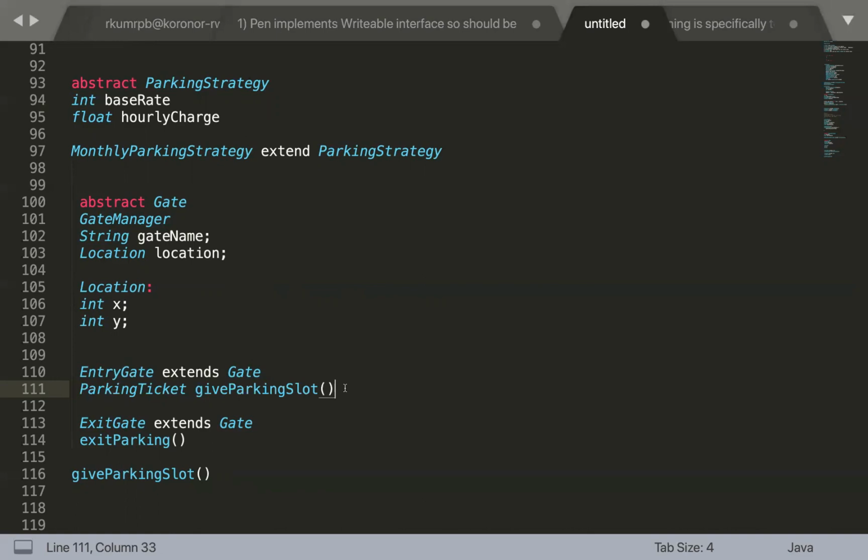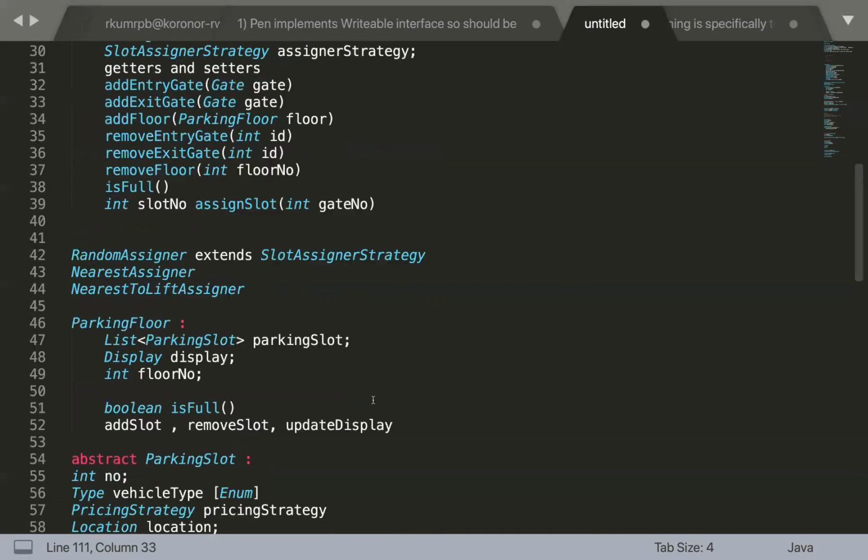मतलब अगर gate number 1 के side वाला सारा full है, right? So the nearest to that is the gate number 2-1, let's suppose. So in that case, that slot can be assigned. So we need to have some kind of a concurrency check, which can say that till one of the slots is getting assigned, no one else can assign that slot. Okay. So some kind of a concurrency mechanism can be implemented there.